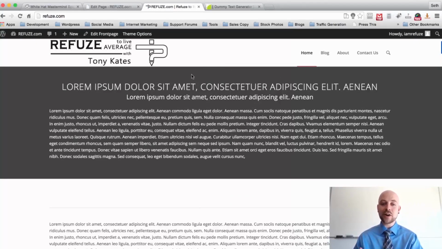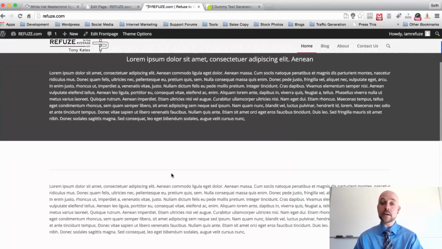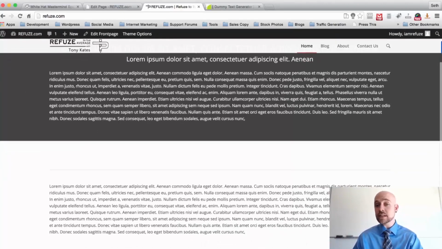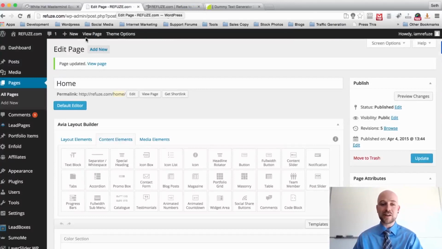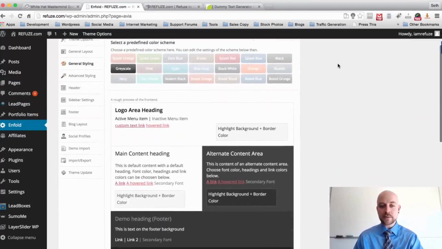We've styled the alternate background section to use a darker color. And the main color section is white. So as you can see, this is very modern, very easy on the eyes. You know, we have some really nice colors here. And that's one beautiful thing about using the Enfold theme is that it allows you to use the different color predefined fields. So if we scroll back over to the Enfold section and we go to General Styling, we can